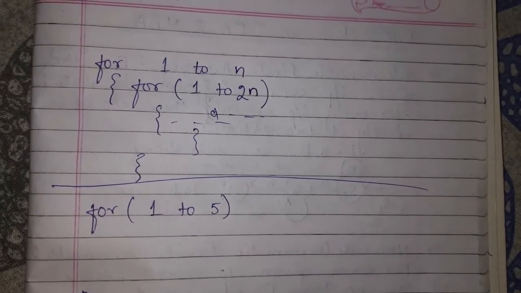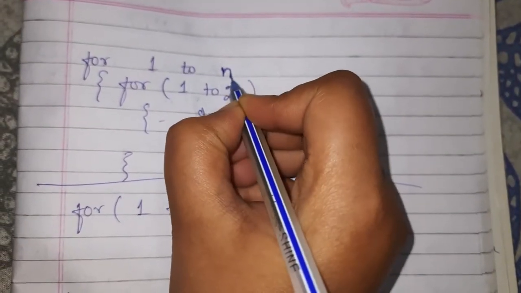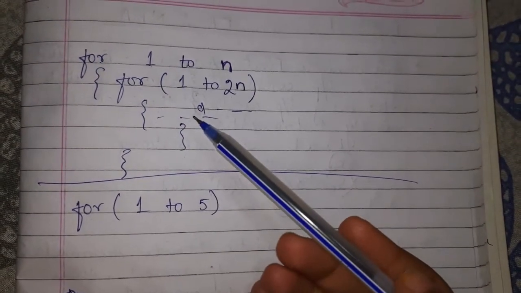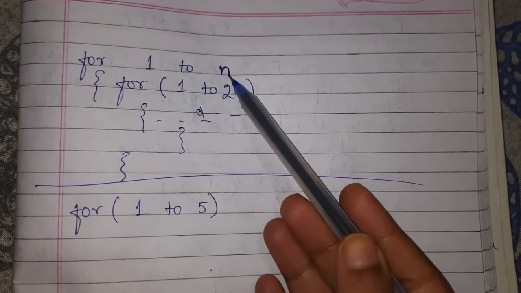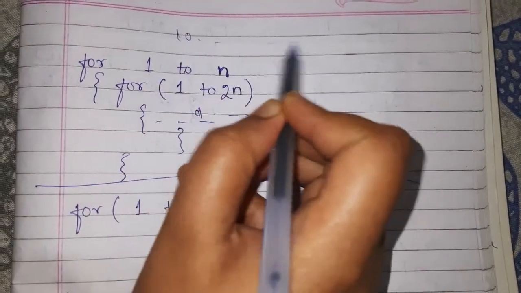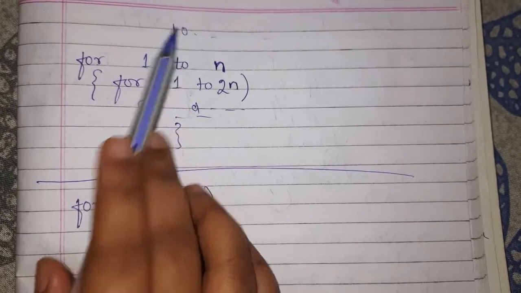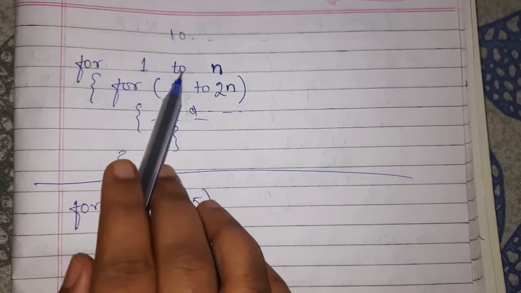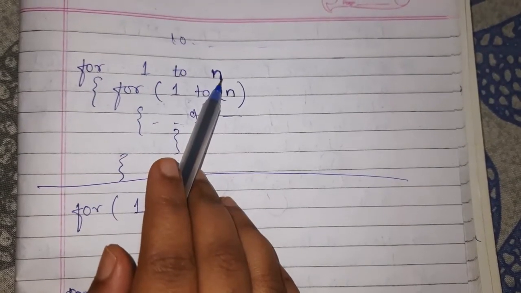Time complexity means, with respect to the input n, in which order the algorithm will take time to run. If I am giving input n, and n is a very large number, like around 10,000 or more, then with respect to my input size, what is the time taken by my algorithm? So here, since it is a for loop, it will run from 1 to n.